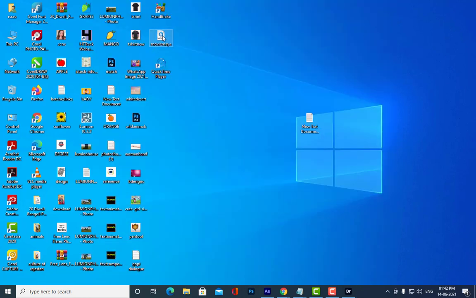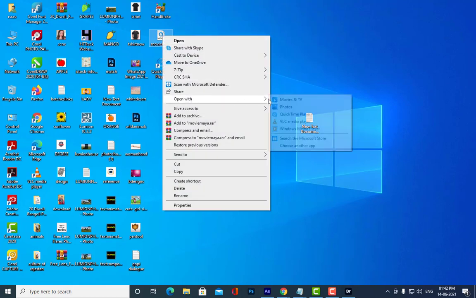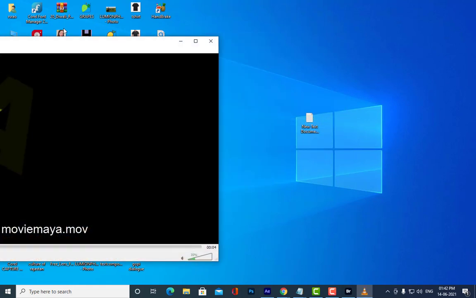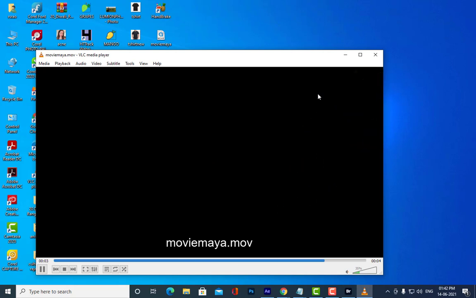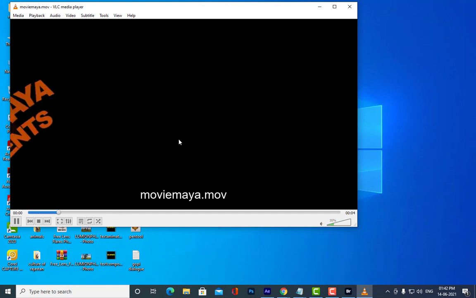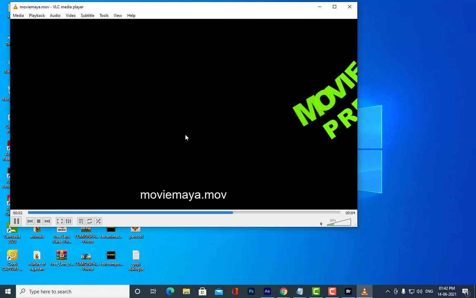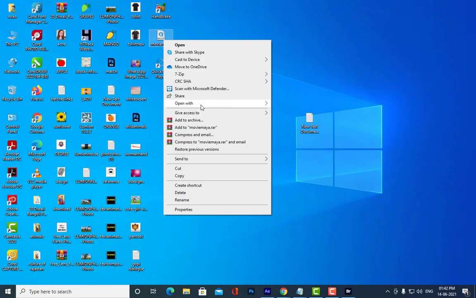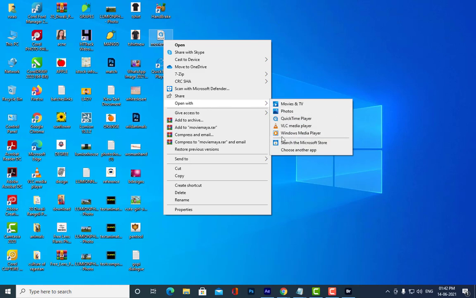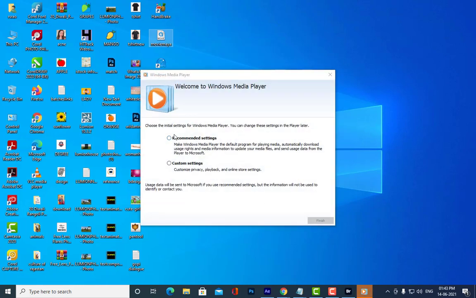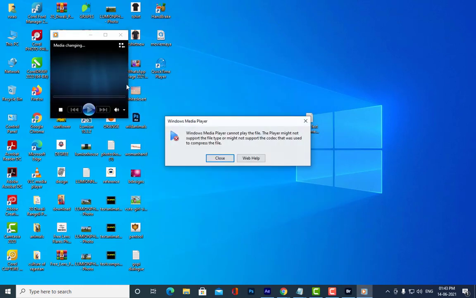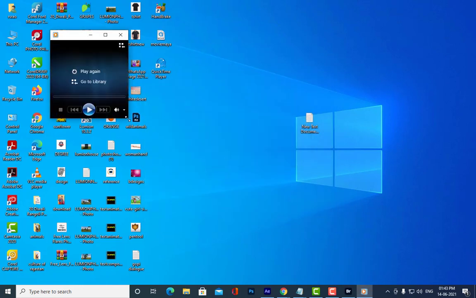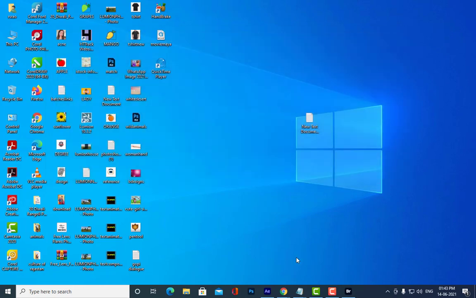And then in case you want to play it in other things, you can play VLC. VLC is nice here. VLC file is looking nice, right? Yes, sir. Even QuickTime Media Player is not showing properly. It is stretching the file. It's changing the aspect ratio. So you can select. Let us see whether it will play in Windows Media Player. You know Windows Media Player, right? It won't play, sir. The codec is not actually there. Okay.